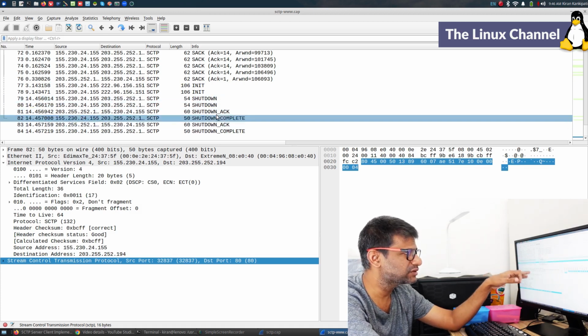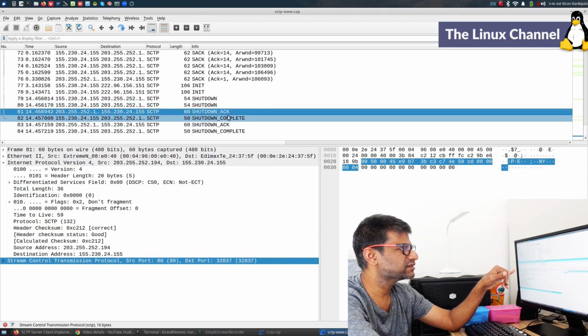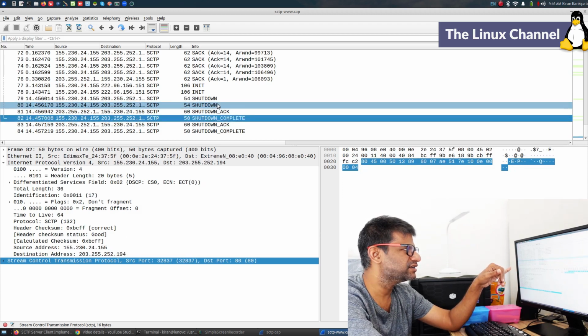So this looks like 2 connections. Okay, so this is one connection getting complete, and this is another connection getting complete. And as I said, if I do some more R&D, maybe I can take an extended session. This time I just want to limit it.